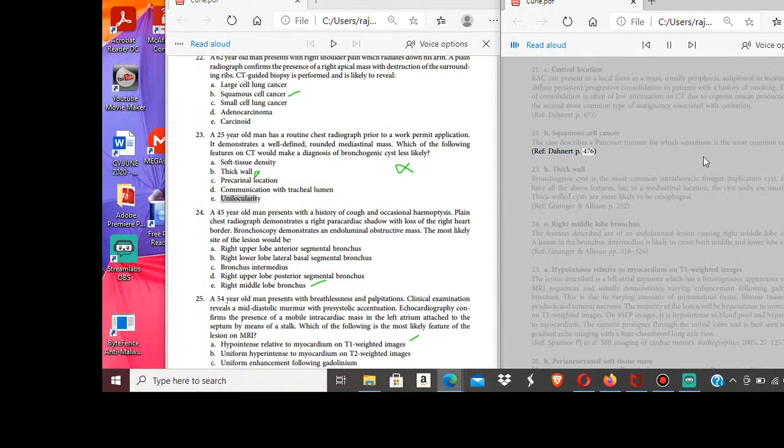23. B. Thick wall. Bronchogenic cyst is the most common intrathoracic foregut duplication cyst. It could have all the above features, but in a mediastinal location, the cyst walls are usually thin. Thick-walled cysts are more likely to be esophageal. Ref. Grainger and